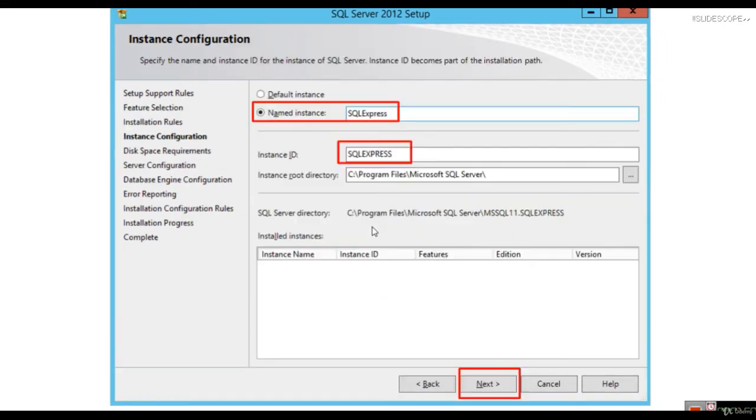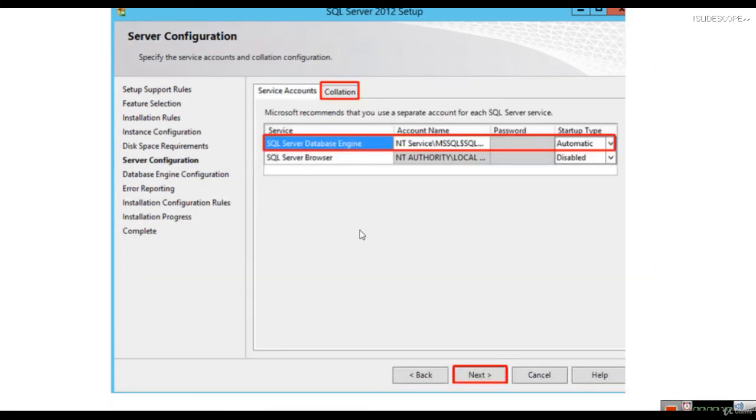In the instance configuration page, make sure SQL Express is written here. Instance ID is SQLEXPRESS. Click on next. Then in the server configuration window, you can keep these things as default.